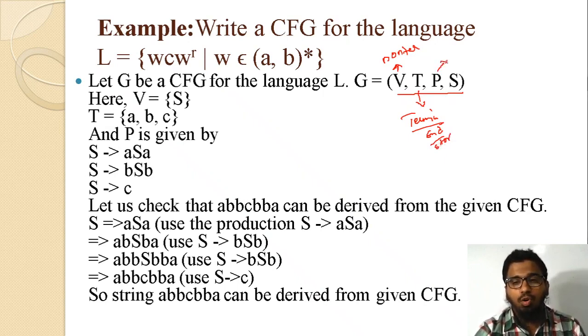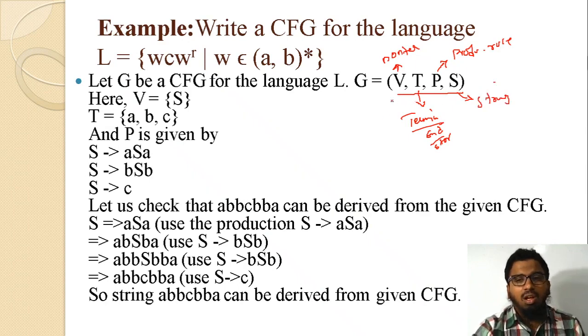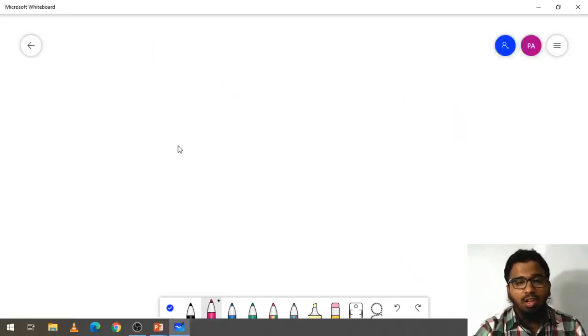P is a production rule. How to do the production rule? And S is a string. Okay, S is a string. So this is about the context free grammar. Okay, and what is V? V is nothing but S, whatever the S is there. T is terminals. And here the example is there, but before going to this, I will give you some of